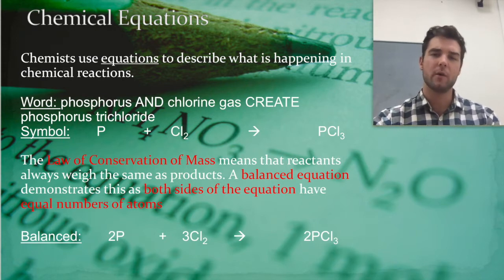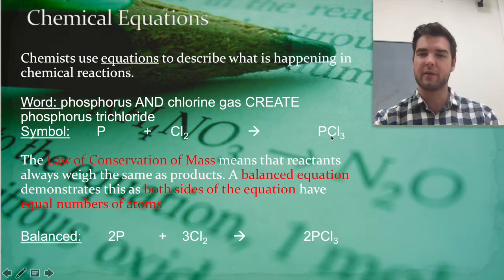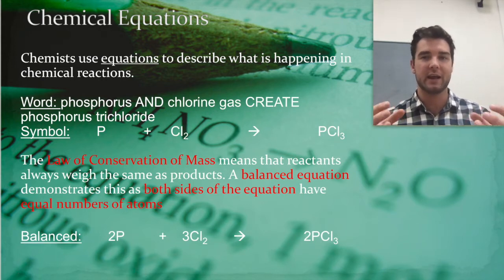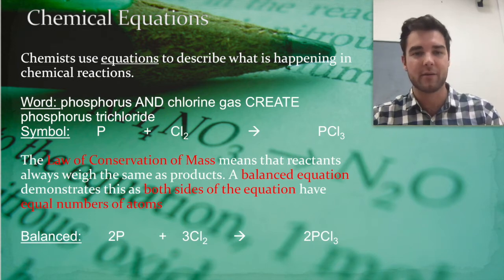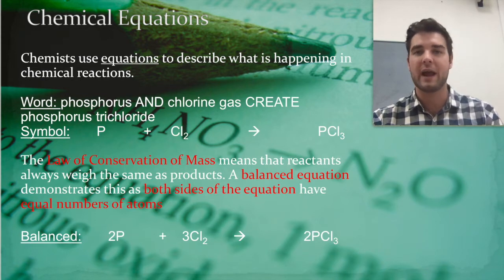What you'll notice here though is we're starting with 1 phosphorus and we're ending up with just 1 phosphorus. That's balanced. But we're starting with 2 chlorine and suddenly we're getting 3. That's unbalanced. It's as if, when we do the reaction, the universe gives us another chlorine atom. That doesn't happen. There's this idea that a chemist called Antoine Lavoisier theorized,